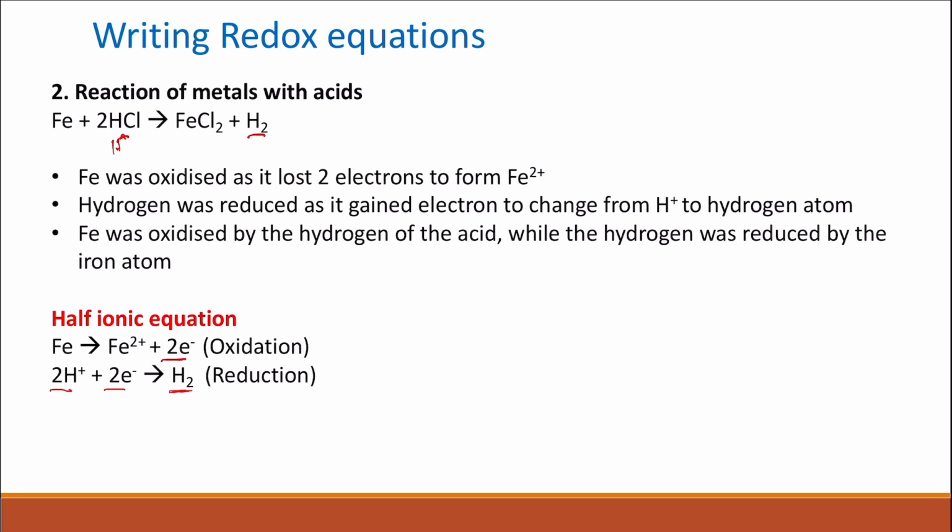Of course, the element hydrogen will not exist as monoatomic. It will always exist as diatomic. So we have to add 2 H plus plus 2 electrons that give you the H2. This is reduction because hydrogen ions gained 2 electrons. And now let's write the ionic equation by combining these two half equations. So iron plus 2 H plus will give you iron 2 plus and H2, or the hydrogen as an element. The chloride here was not included because this is